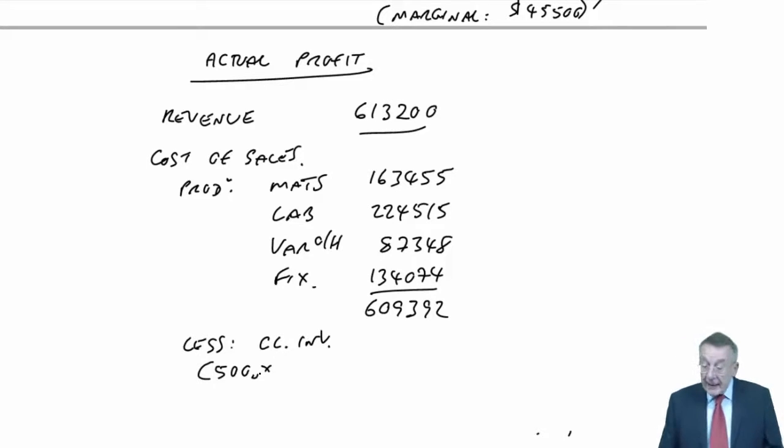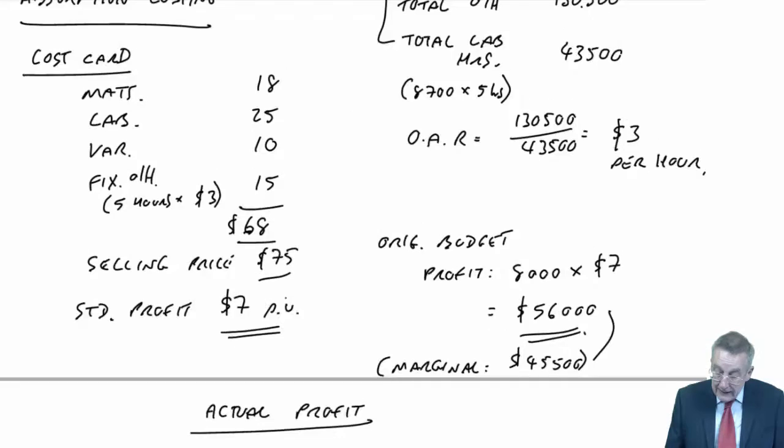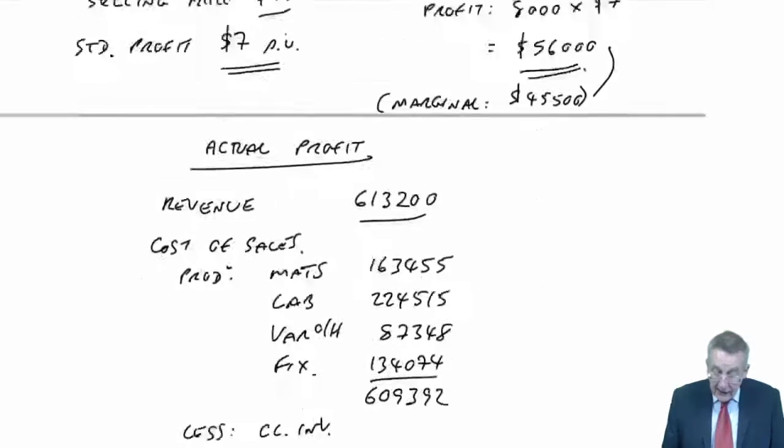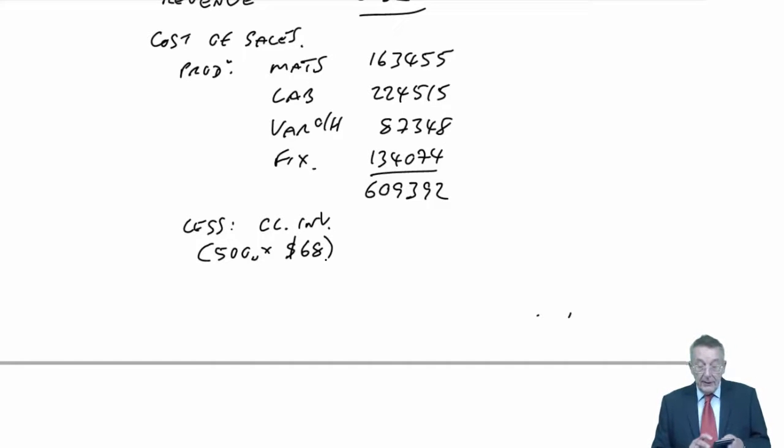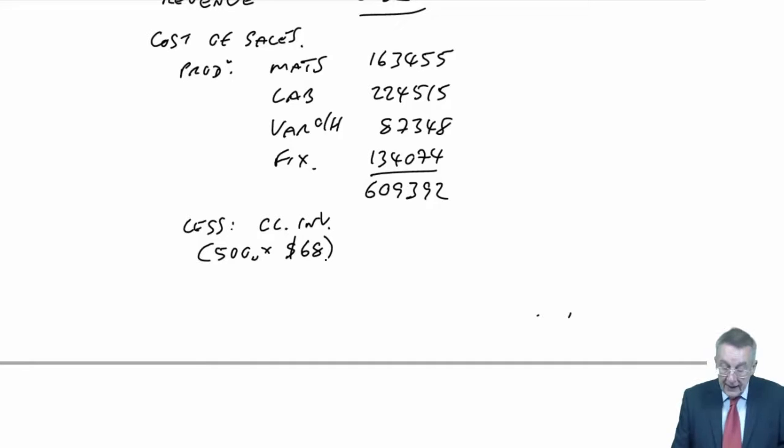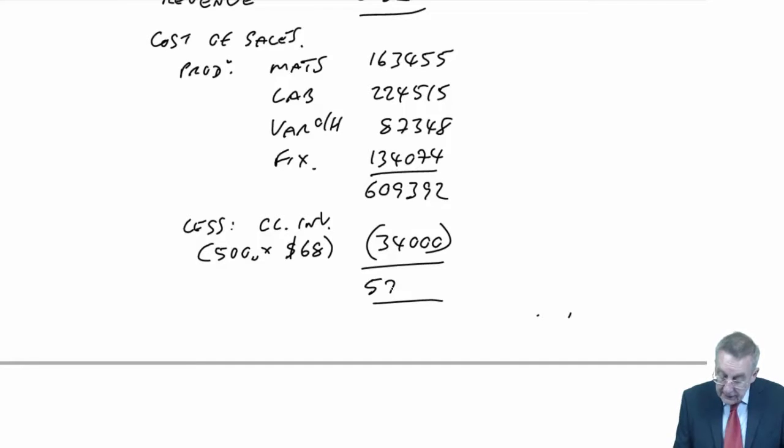But since we're using absorption costing, the standard cost is $68 a unit. So 500 at 68 is 34,000, giving us a cost of sales of 575,392, and a profit, therefore,